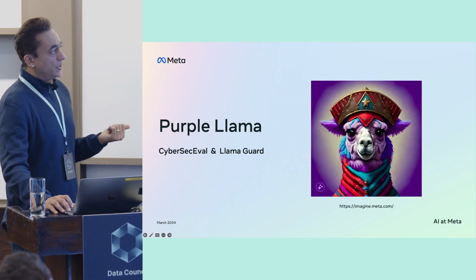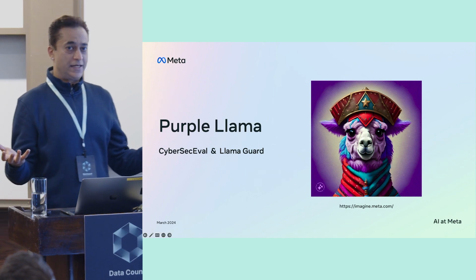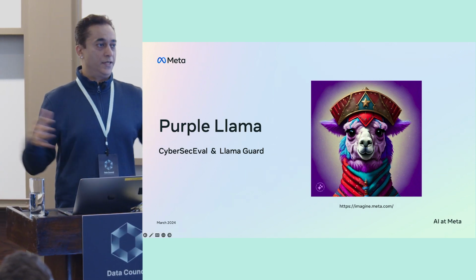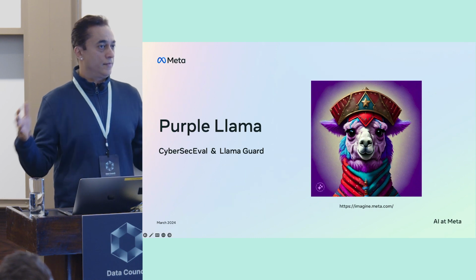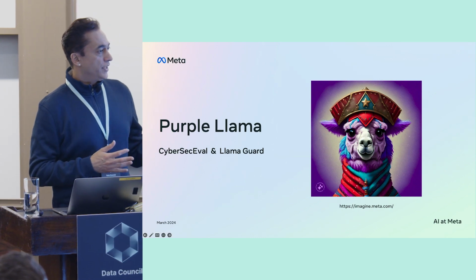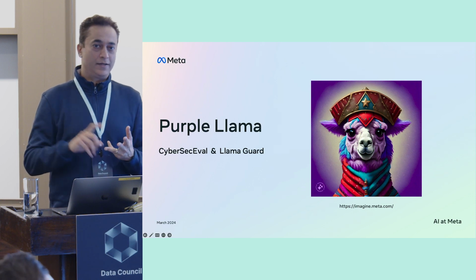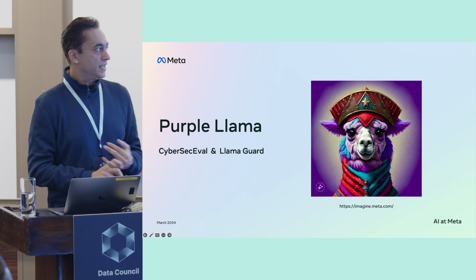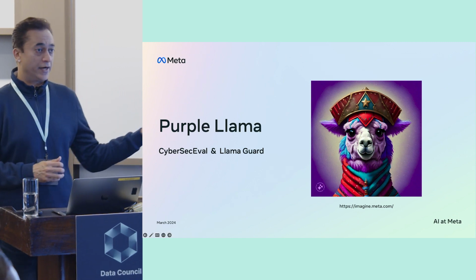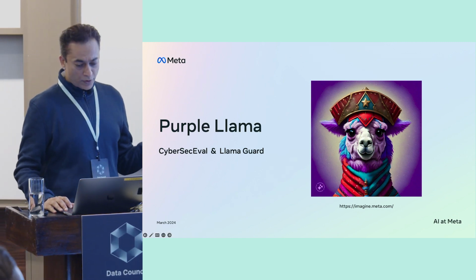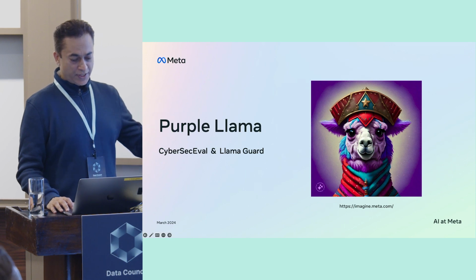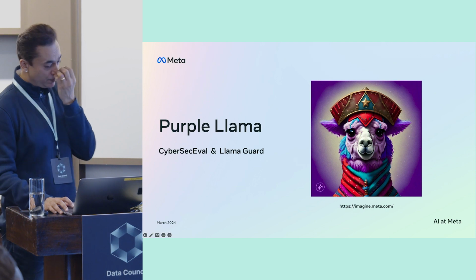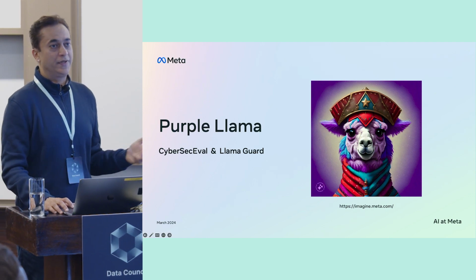So let's go into Purple Llama. Again, these are all a family of models, like I said. Our goal is to continue to build on these foundational models and give the community both coding ability, taking our models and fine-tuning them for your own purpose with your own data sets, and then also safeguarding it. So our goal with Purple Llama, it's an umbrella project featuring open trust and safety tools and evaluations to help developers build responsibly with AI models.